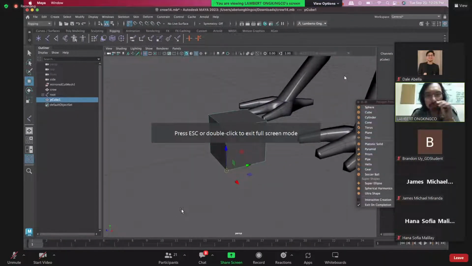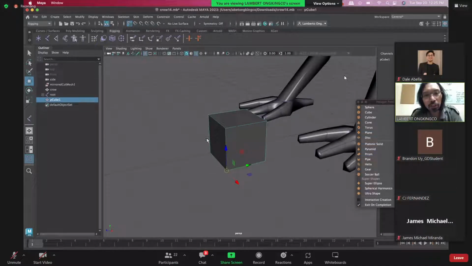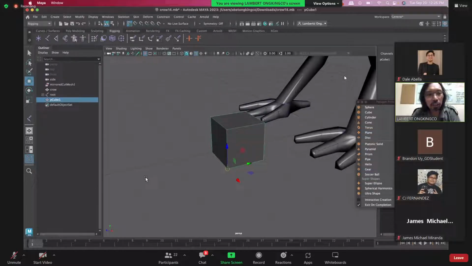So especially with this, we're dealing with units, right? So we can easily manipulate it, where you can rotate, right? Or scale or move, right? So last time I showed you how to key, just to key your animation. So just using this pivot, right? So we can actually manipulate. So this is the simplest rig, no? So